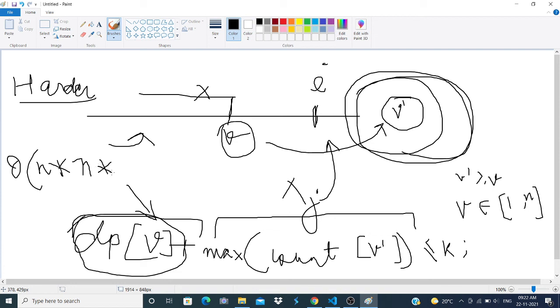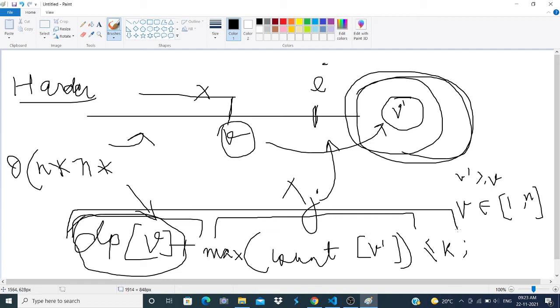Then, checking whether putting a value, let's say j, over here is possible or not takes again order of n time.